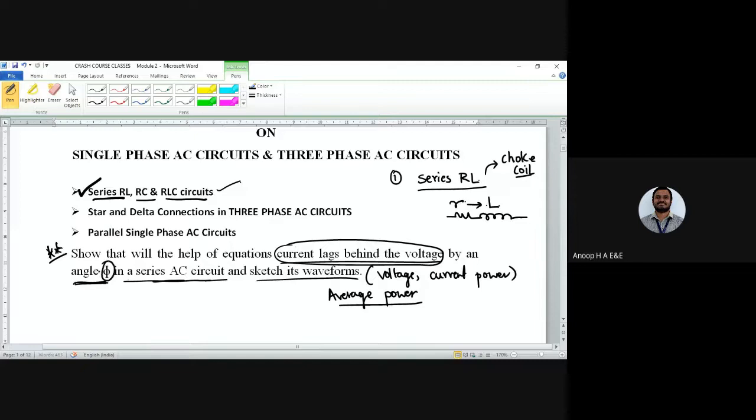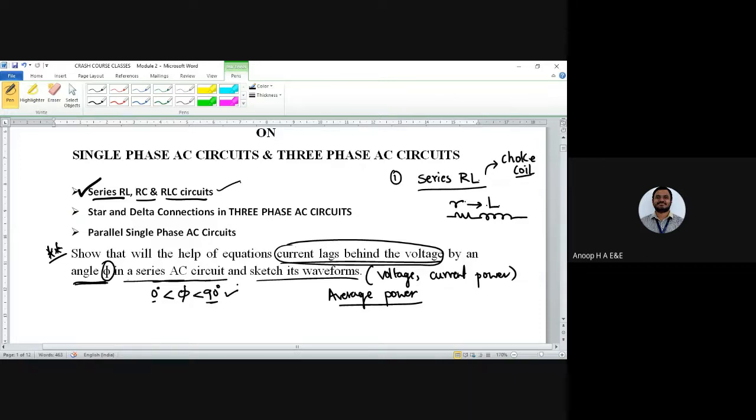So this angle here will be ranging from 90 degrees to 0 degrees. It is not equal to 0, and it is not equal to 90. It is greater than 0 and also lesser than 90 degrees. These are the things that you will remember while you are writing the derivation part. Very important concept here.